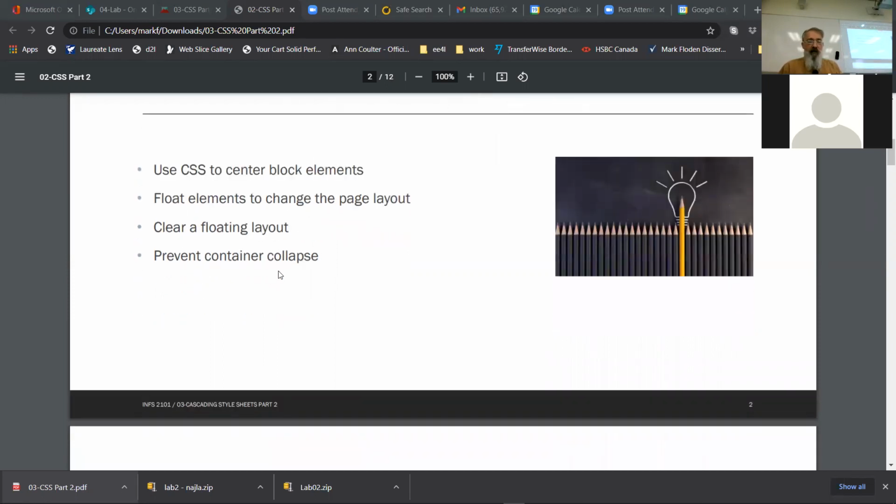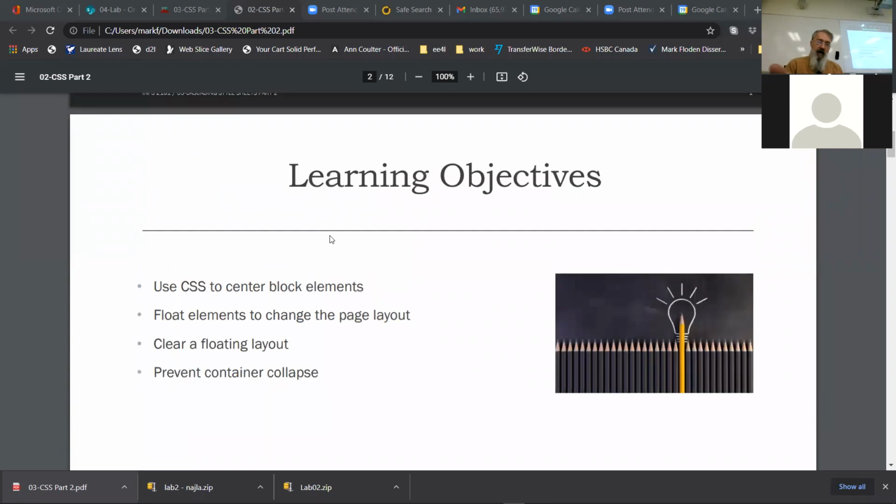So the thing about preventing a container collapse, that is a point that we have to look out for using float. If we're going to use float, what we end up having is blocks taking up space that is crowding into other blocks, and that's what we're going to call a container collapse. Float allows you to push things up beside things, and it can cause you a problem if you don't look out for it. We do have a solution for it, which is recommended by the person who made these notes,